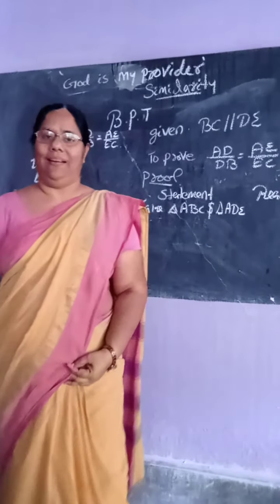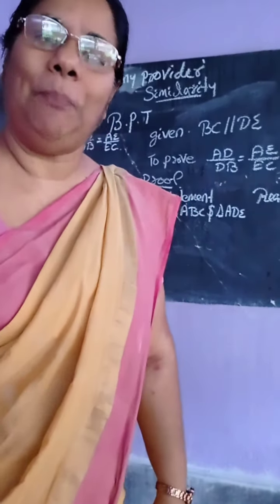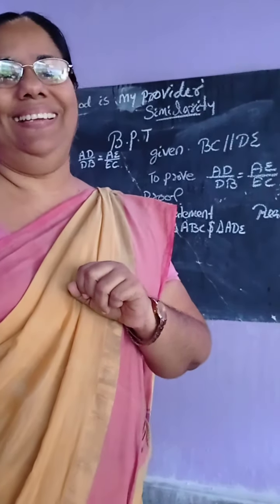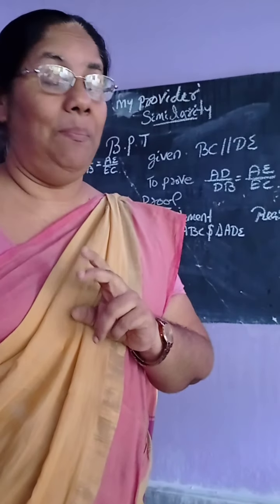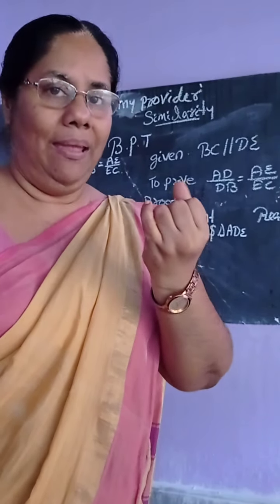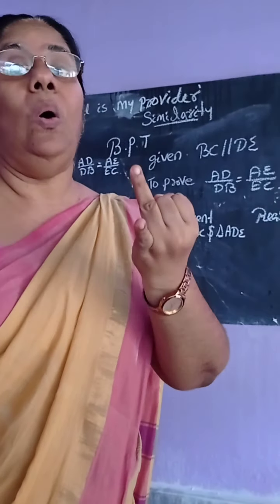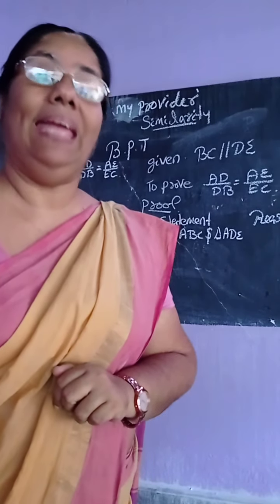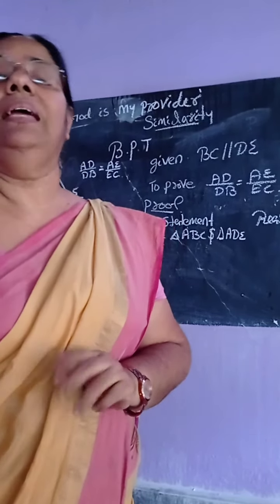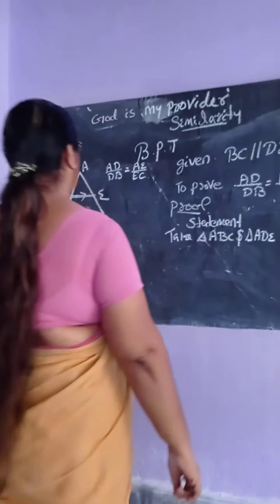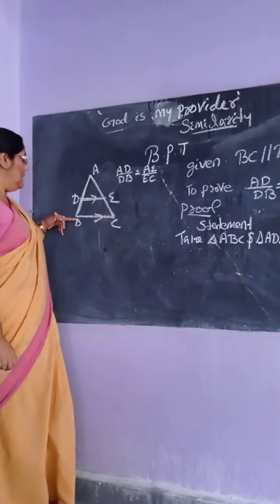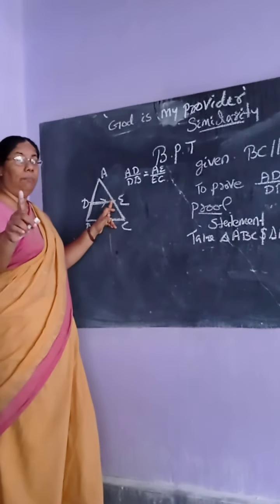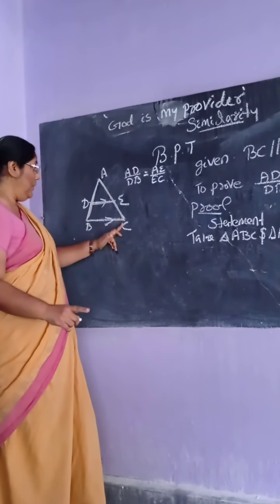We take two triangles. Next, our aim is to prove that these two triangles are similar. Understand? To prove the similarity, we can apply SSS, SAS or AA. In most of the cases in this chapter, we apply AA. Two angles are equal. All of you go through the question. When you take ABC and ADE, the order will be the same. If you take ABC, you have to take ADE.